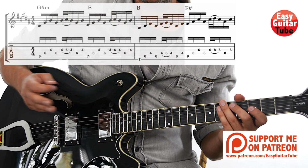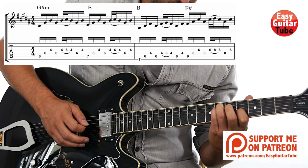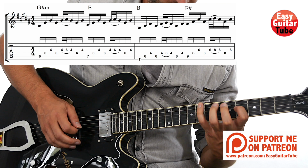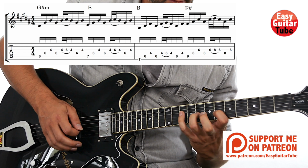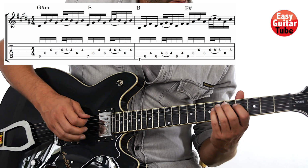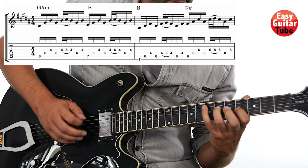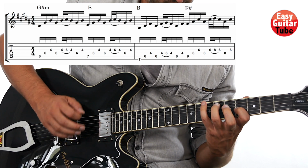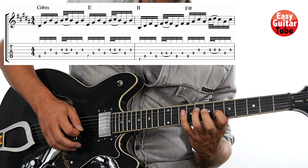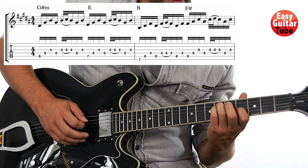And there we have the measure 1 and 2. I'm going to play it and then we try together. Nice, so now let's try to play it together. 1, 2, 3, and... Let's try one more time. 1, 2, 3, and...